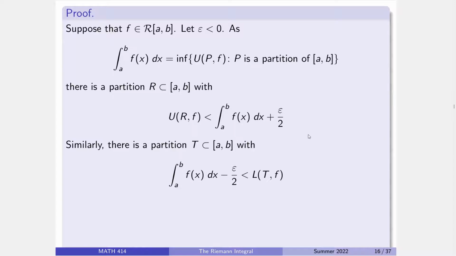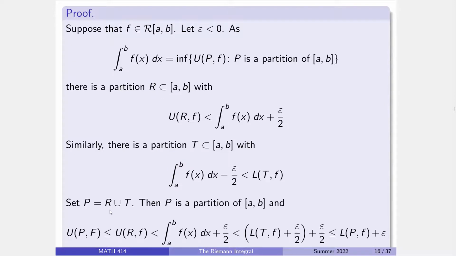All right, and similarly, the Riemann integral is also the upper Darboux integral, which means that if I make it smaller, I can find something bigger than it. All right, we're going to pull the same trick. We have an R, we have a T. So take the union, that's a partition, and now the upper